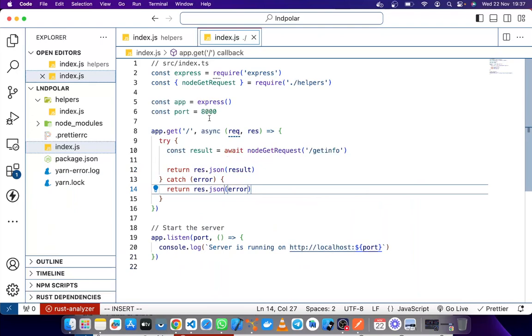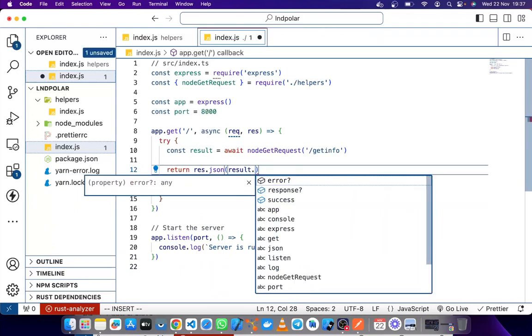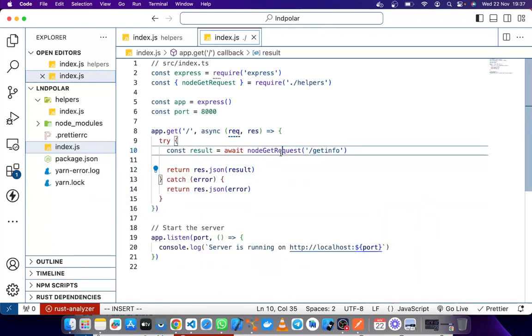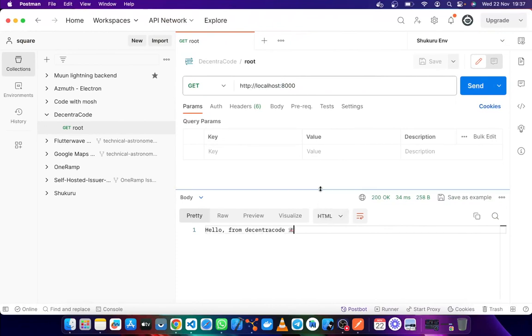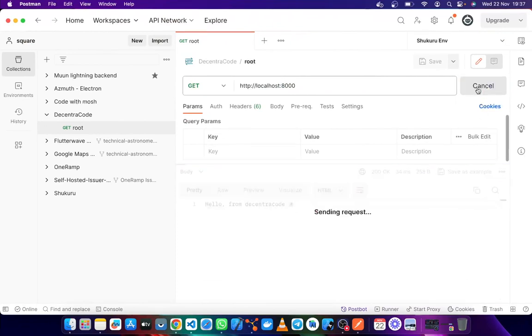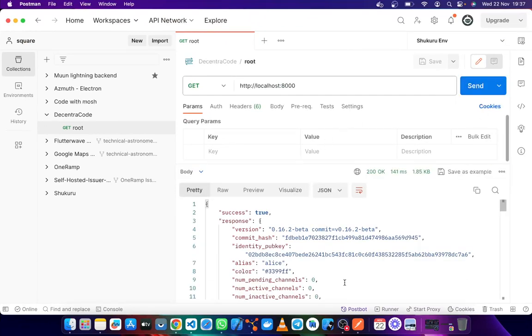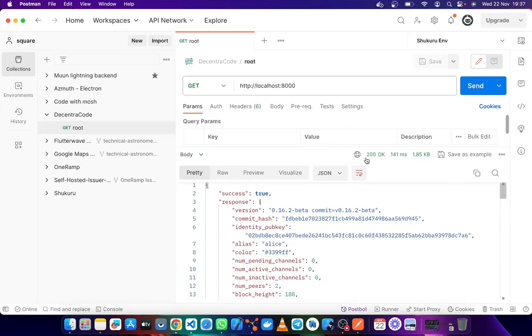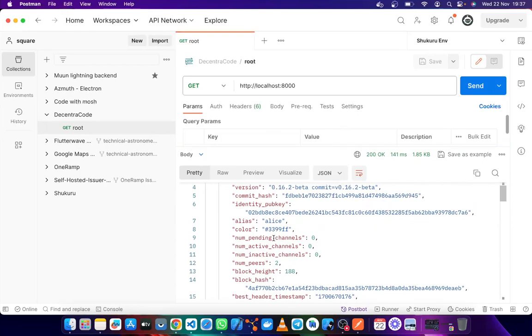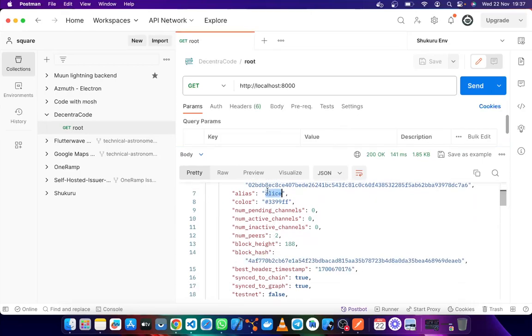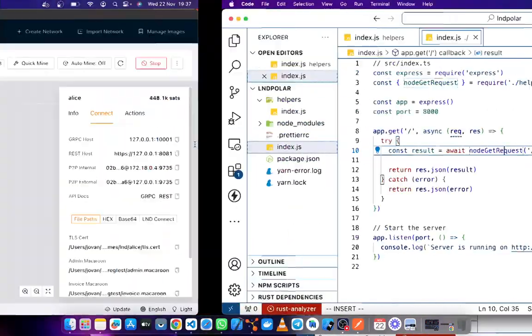I don't know if I should, let me just spit it out like that. So fingers crossed, our endpoint is ready, and we can go ahead and call it and see if it comes through. So yeah, you can see we've got an OK status, and we've got the information about our node. The name is Alice, as Polar said here.